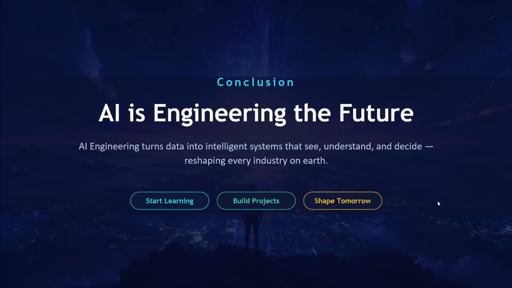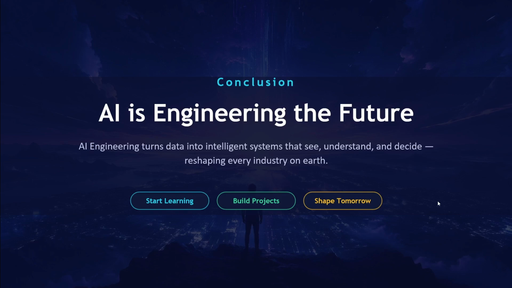Let's wrap up everything we've covered today. AI engineering is fundamentally about turning raw data into intelligent systems that can see, understand, and make decisions. And in doing so, it is reshaping virtually every industry on this planet, from healthcare and finance to e-commerce and automation. We started by understanding what AI engineering actually is and how it bridges the gap between research and real products. We then explored the fundamentals of AI, its different types, and how AI, machine learning, and deep learning